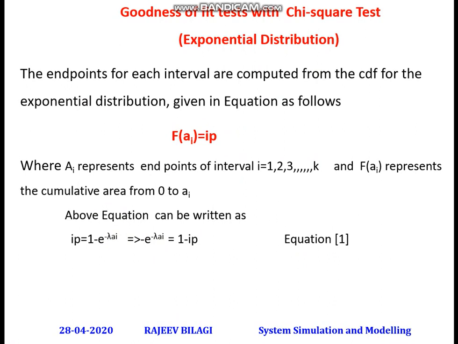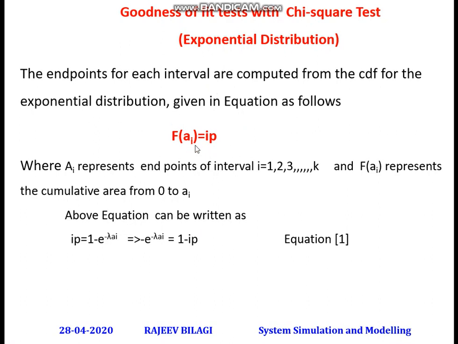But here there is a proper method to select the upper limit and lower limit for a particular class interval. If 10 comma 20, then 10 is the lower limit and 20 is the upper limit for that particular class interval. That's what, the endpoints for each interval are computed from the cumulative distribution function for the exponential distribution,